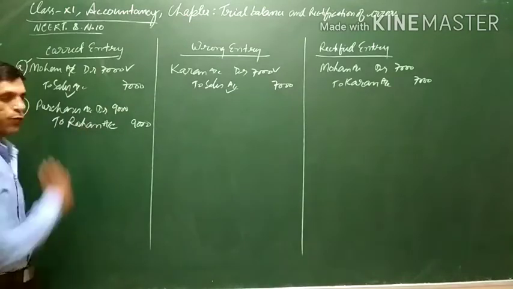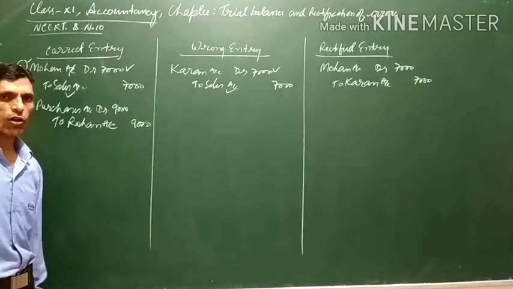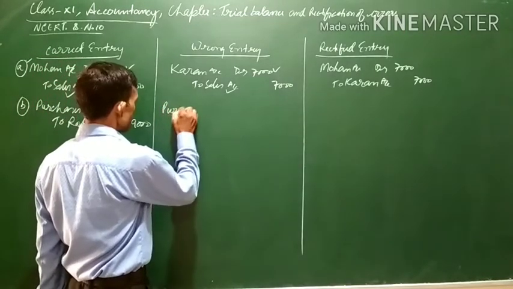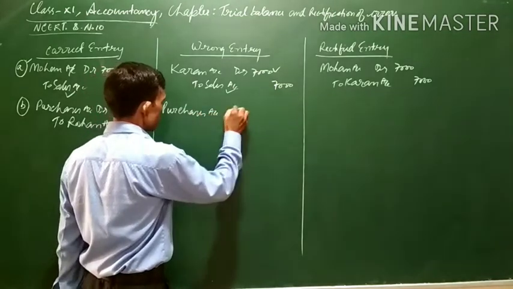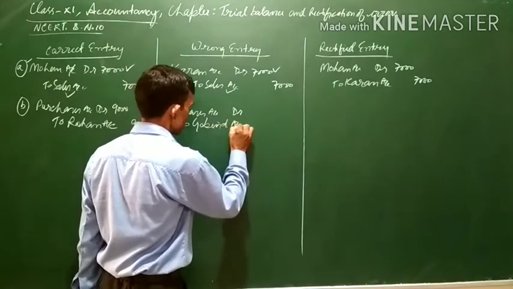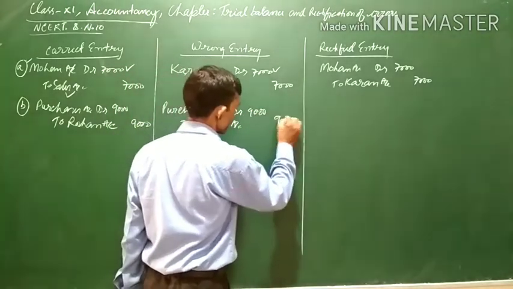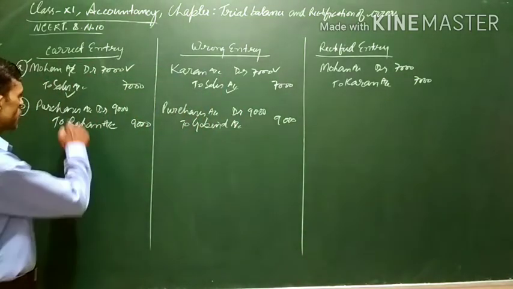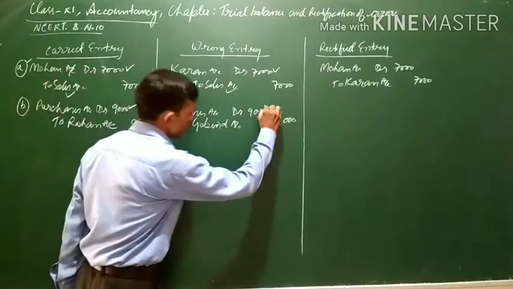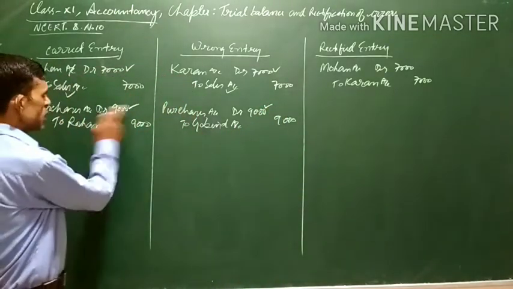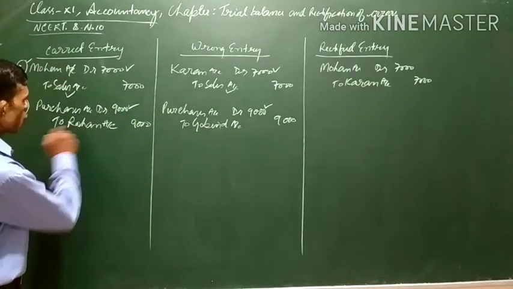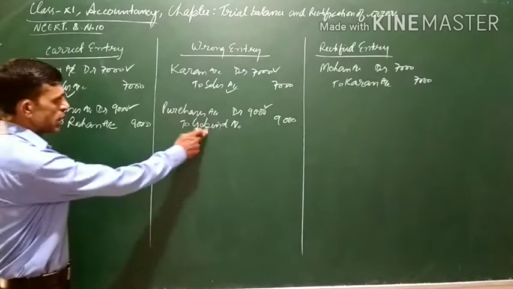But it has been posted to Govind. Means purchase has been made from Rohan, but instead of Rohan, it has been posted to Govind account. So the wrong entry is purchases account debit to Govind account 9,000. Now you can see purchase account should be debited and it has been debited. So nothing is wrong in this entry and there is nothing we have to do regarding purchase. The wrong is that Rohan account should have been credited, but it has not been credited.